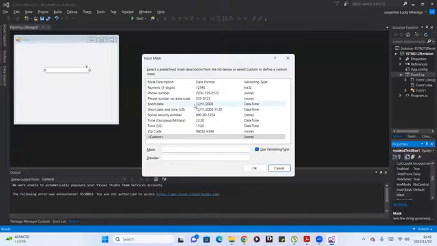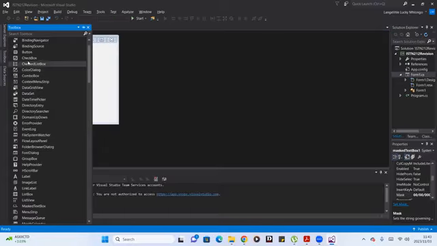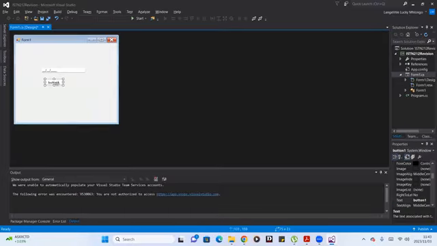So in this case, I actually want the short date. So that's going to have the day, the month, and then the year, right? So now once I've added the mask, then I'll just go to the toolbox again and I'll add a button, right? And then I'll just change the text property to get age,